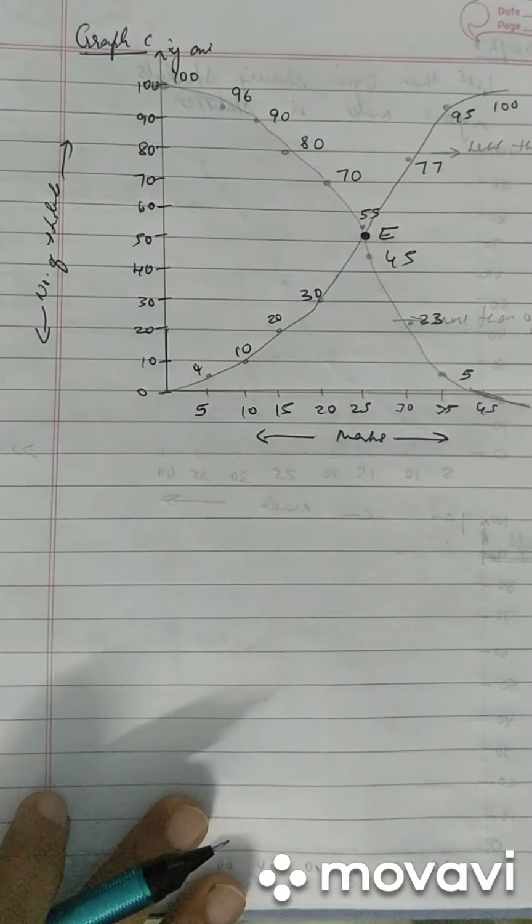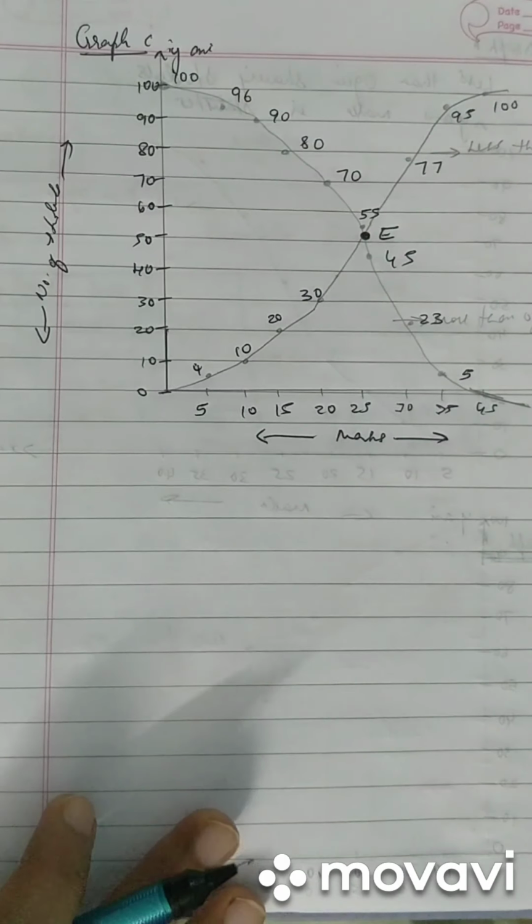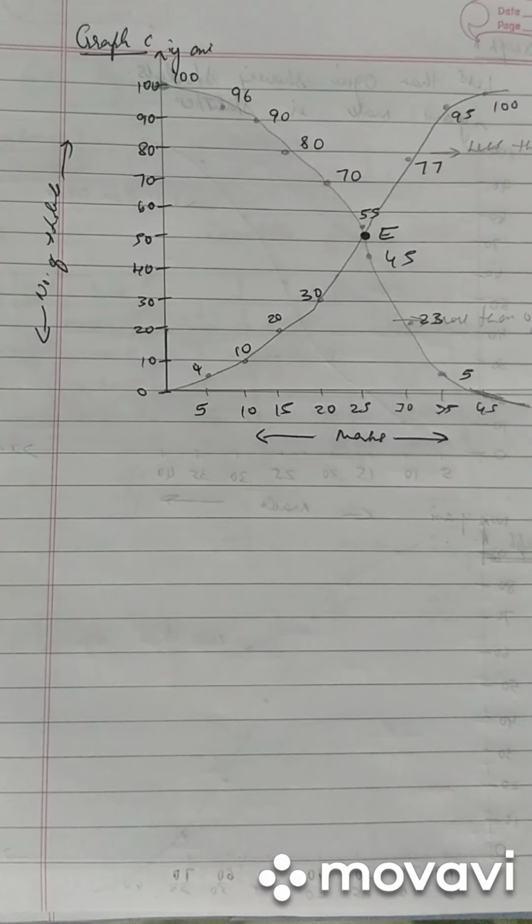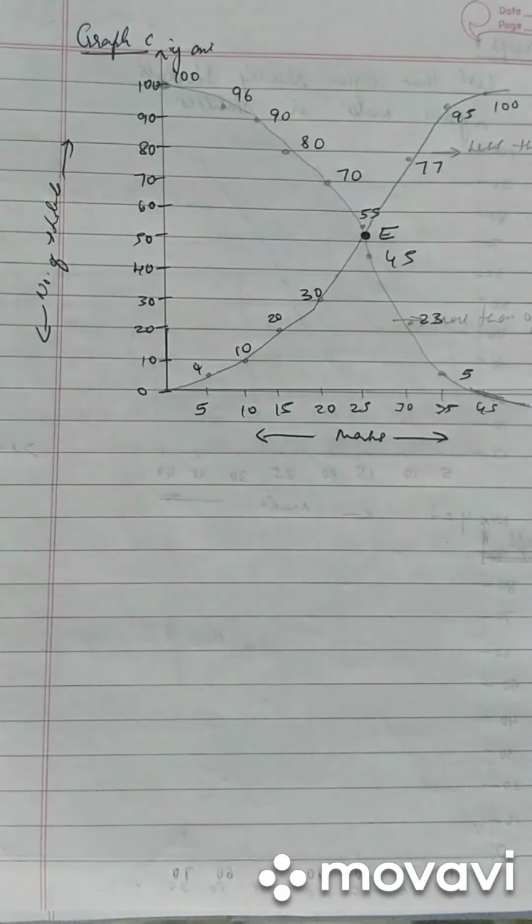This was the first sum, so just to make it very clear to you, I did both the less than ogive, more than ogive, and how do we combine both the less than ogive and more than ogive. So clear? So we shall be continuing the remaining problems in the next class.